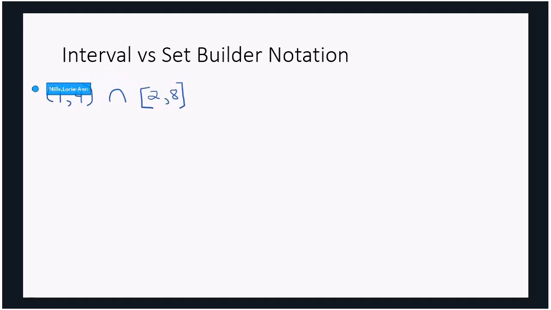So what I have here is one interval, which is between +1 and +4, and you can see that I have round brackets, compared to the other interval, which is between +2 and +8, but here I have square brackets. So the first thing that you need to be able to do is differentiate between round brackets and square brackets. All they mean is that with round brackets, you don't include the numbers, and square brackets mean that you do include the numbers in the set.